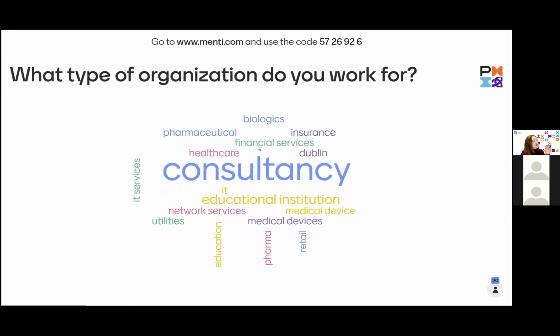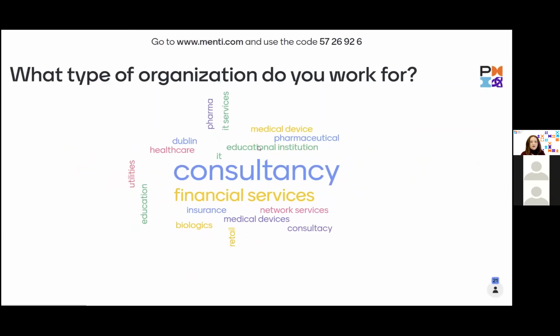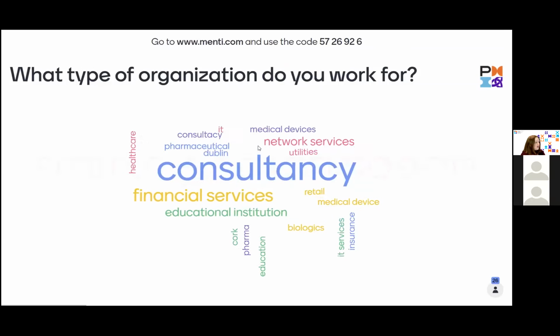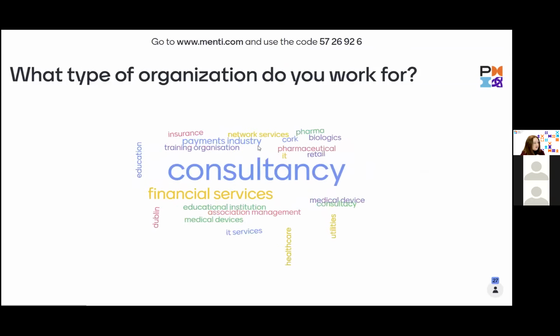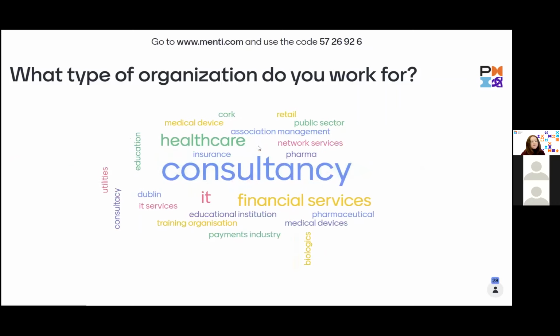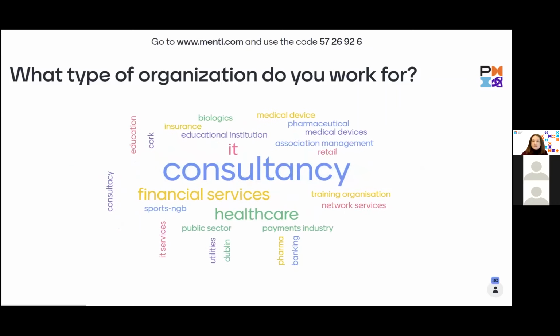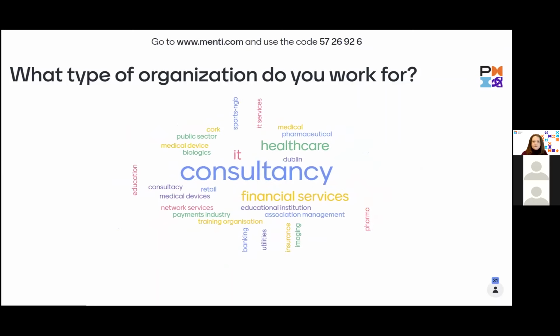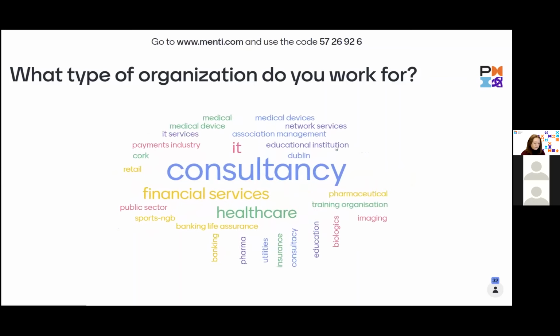But also we do get to see where people are joining us from. So Baz, as you can see there, as we were chatting earlier, we've got quite a few people coming through in the whole area of consultancy, financial services. Quite a few verticals in there as well, so financial services, healthcare. And what's interesting is if you look at our client list, we've worked with a real diverse mix of organizations.